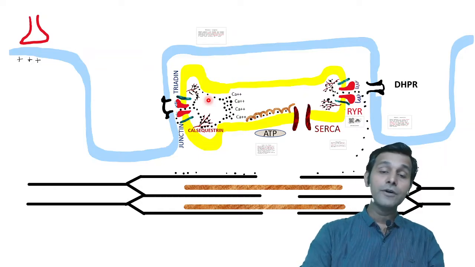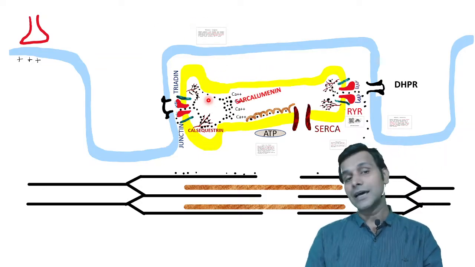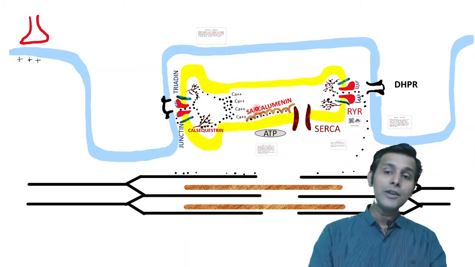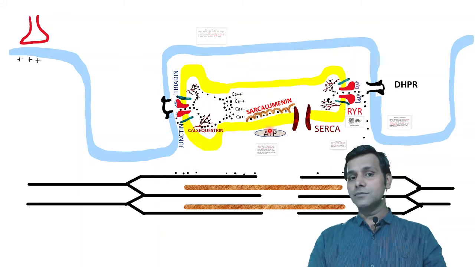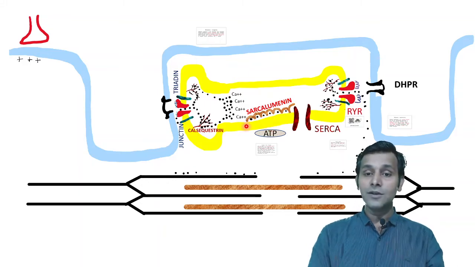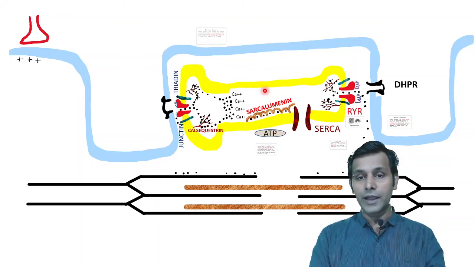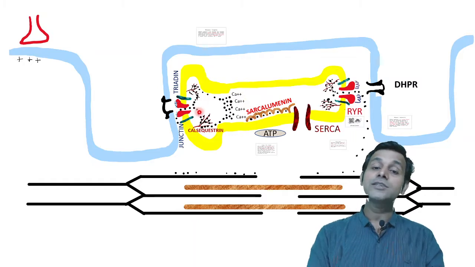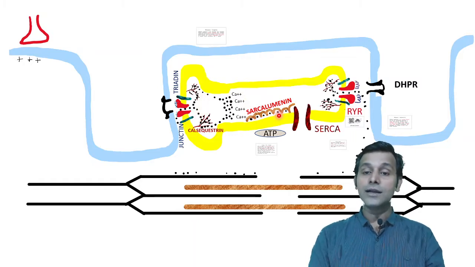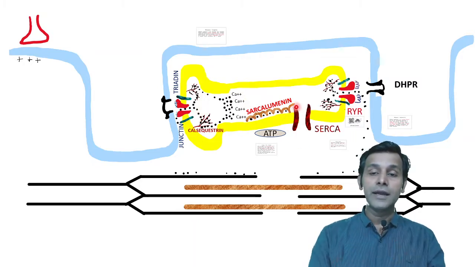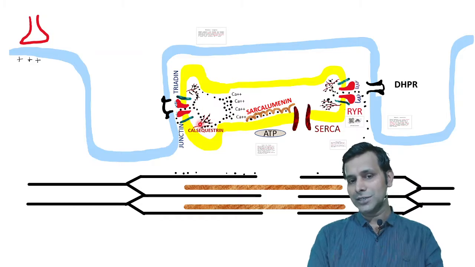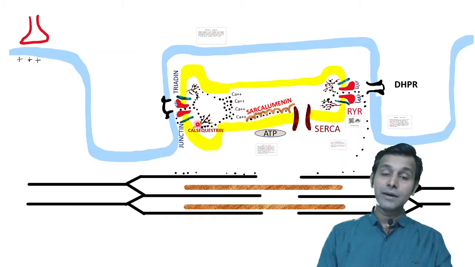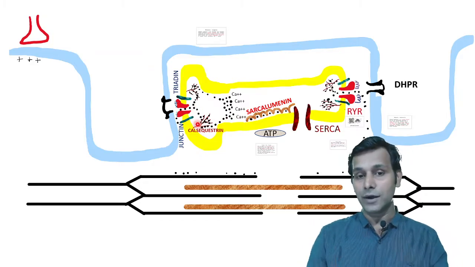Apart from this, we have one more very important protein, and that is sarcalumenin. Sarcalumenin is a protein which helps in transportation of calcium ions from the longitudinal areas of the L tubules into the cistern of the L tubules. So sarcalumenin takes the calcium ion which is taken up by SERCA from the longitudinal area to the calsequestrin. Calsequestrin stores the calcium ions and releases them whenever they are required.